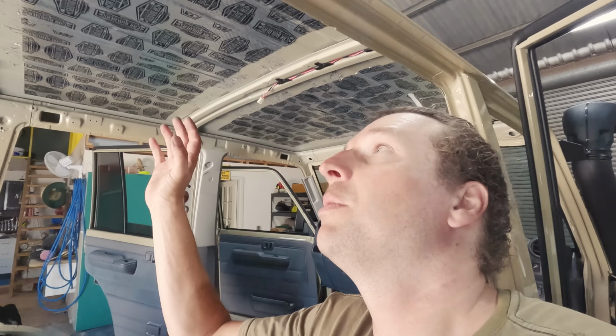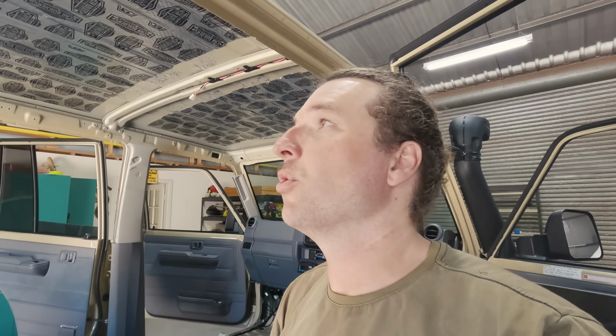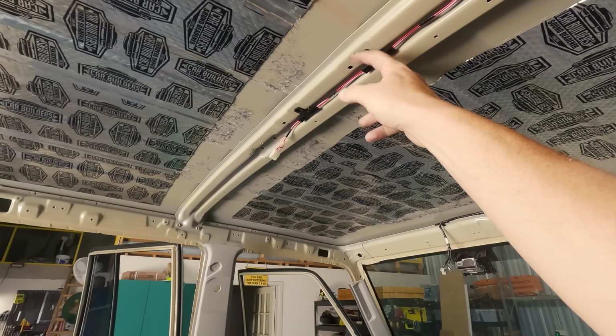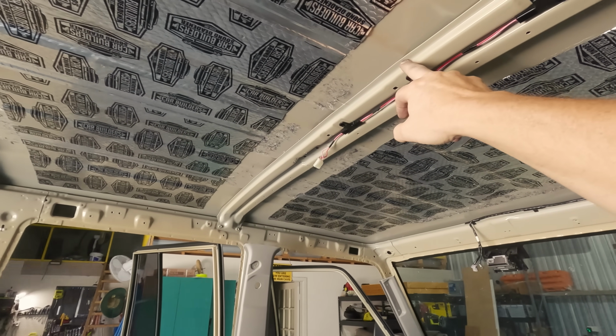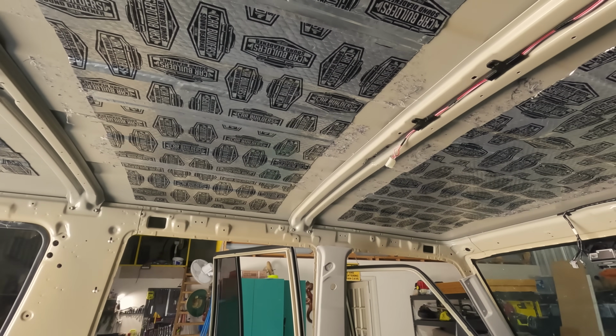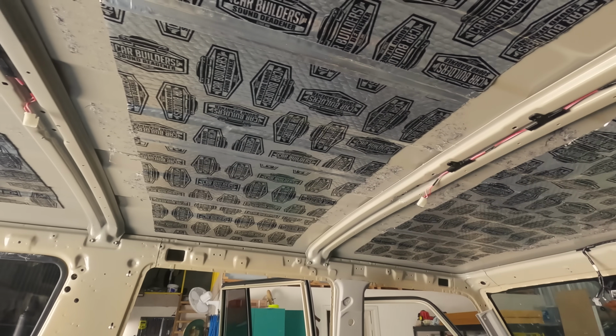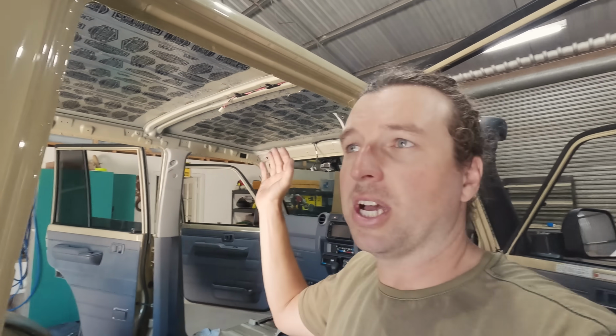All right, well, that's the roof pretty well sorted. So use 4 sheets per panel. Like I said, our roof's pretty much divided into thirds, and they allow a box for the roof. Now you can probably see there's a bit of a gap either side here of each of these cross members. You don't actually need to go right to the edge, because this cross member does the job of sound deadening the panel, but it's taken a huge amount of that vibration out of the roof, that echoey sound as you tap the panel. There is a second layer to go on the roof, but because I've got that extra box,